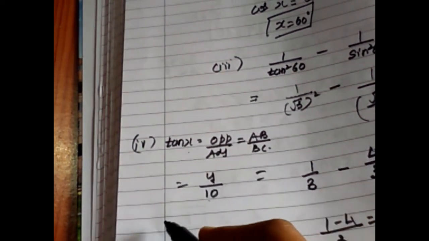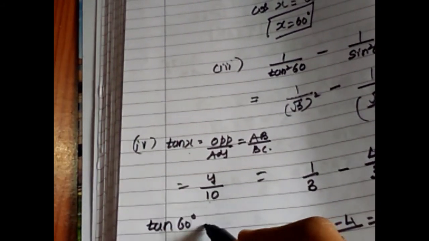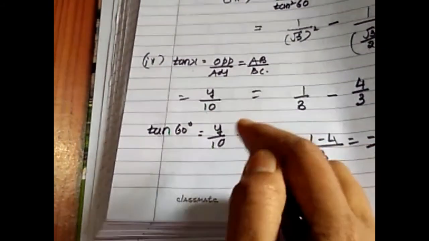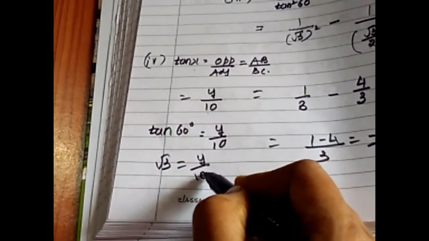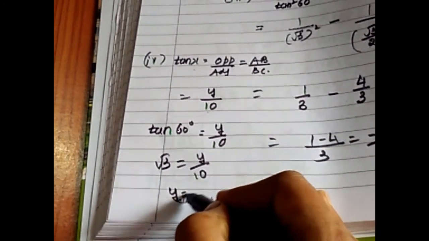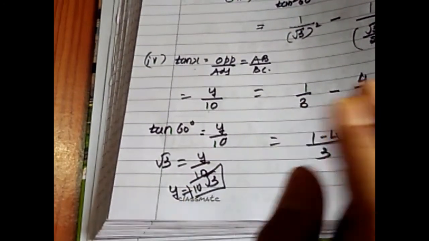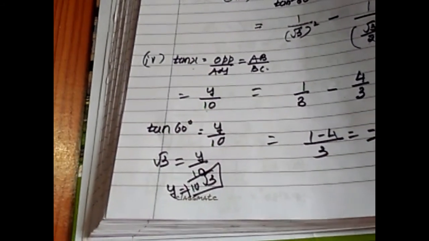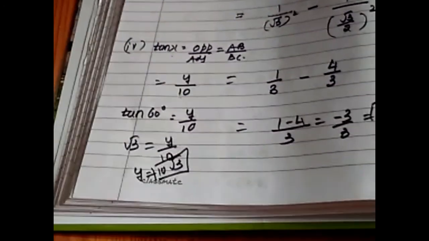Now what did we do? We know that the value of x is 60, so tan 60 is equal to y by 10. So what is the value of tan 60? It is root 3, equal to y by 10. Hence the value of y is equal to 10 root 3. You can simplify or you can keep root 3 as it is. So in a similar manner, children, look at question number 10 and try to solve it by yourself.